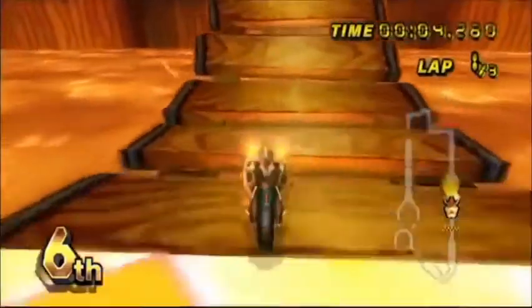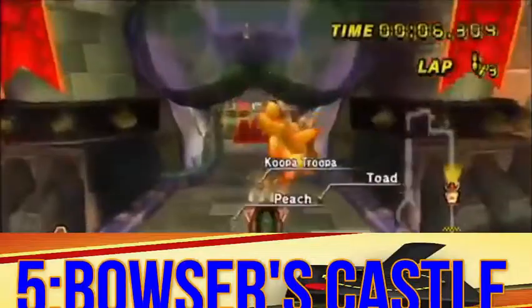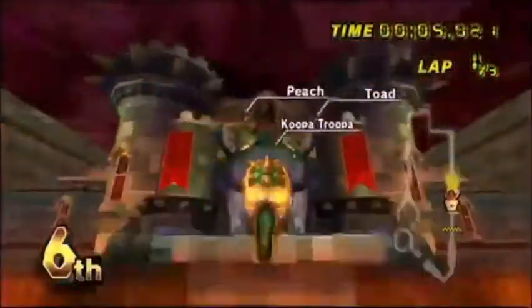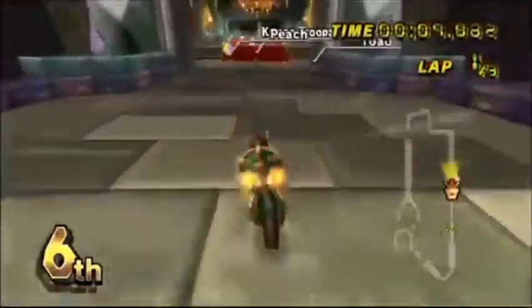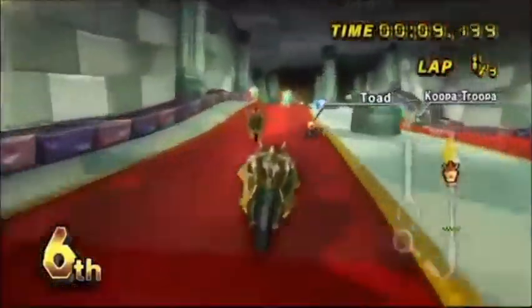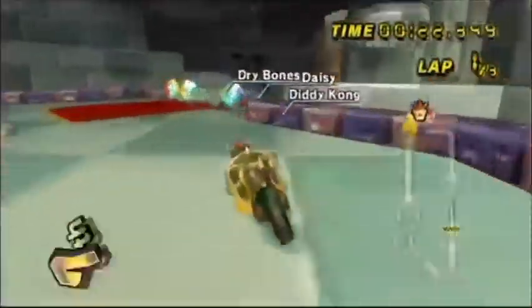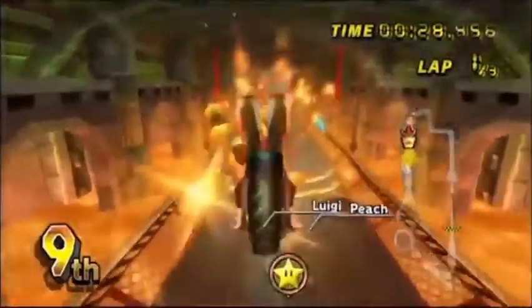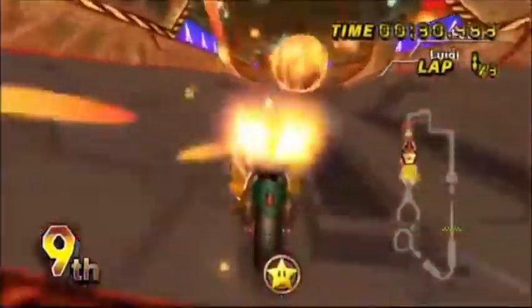So here we have the third track in the Special Cup, Bowser's Castle. So the track begins with you driving off a bridge into Bowser's mouth. You then enter a room where the hallway is incredibly wavy. You then make some sharp turns while avoiding some thwomps that can be found throughout the track. After all that, you end up in a room where a giant mechanical Bowser starts breathing fireballs onto the track,